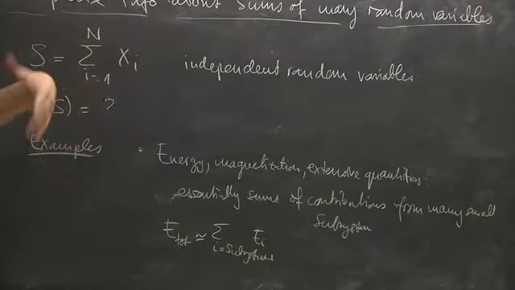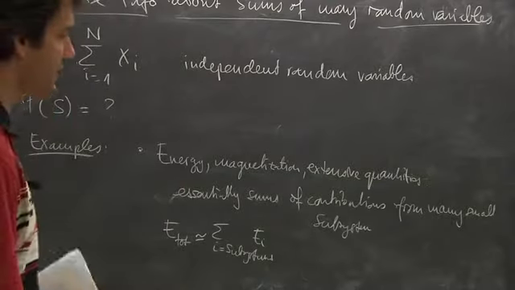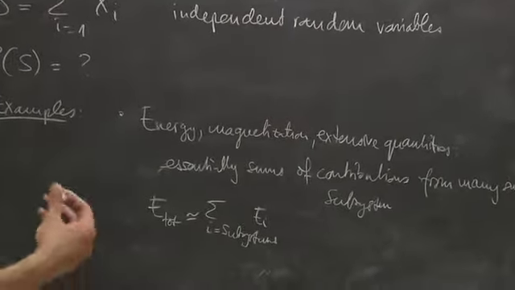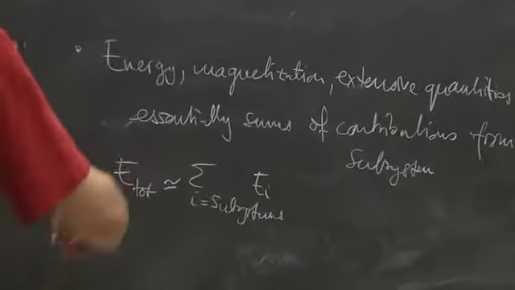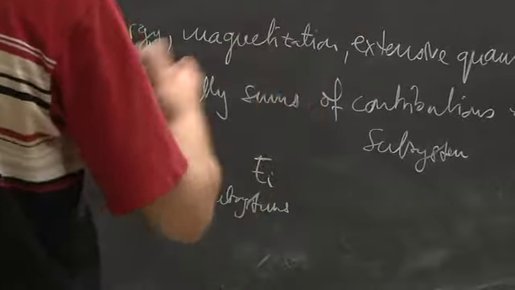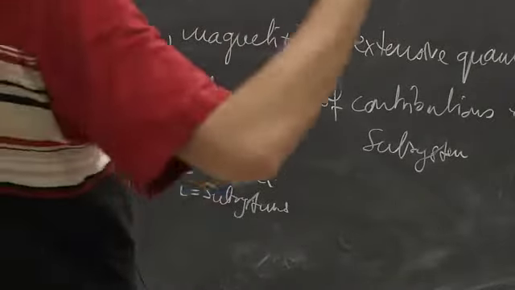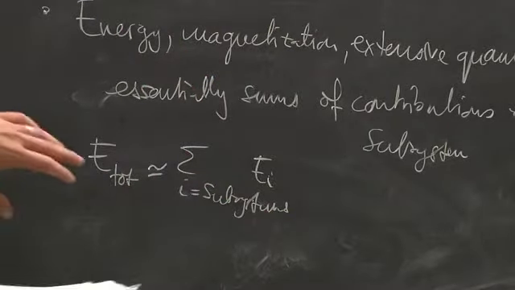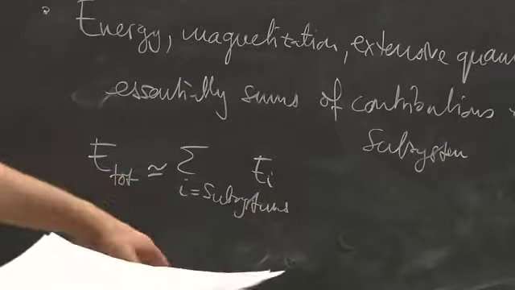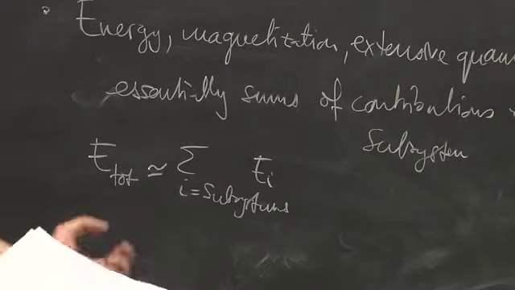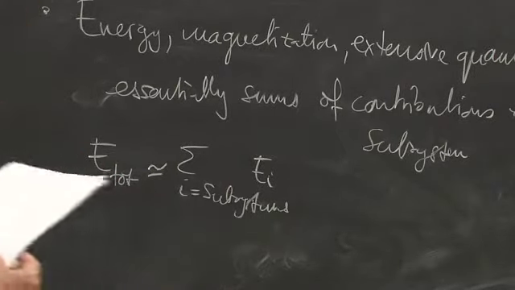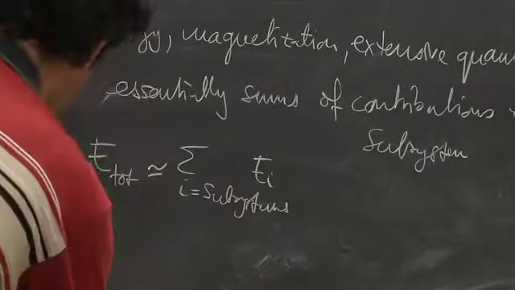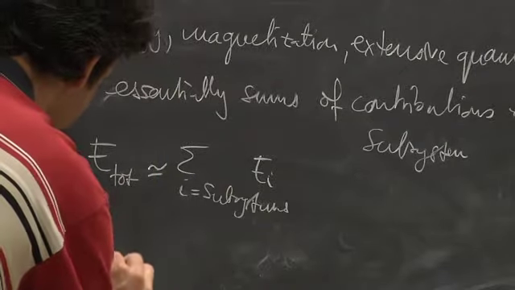That happens essentially everywhere in thermodynamics or in statistical physics. So energy is an example, magnetization, specific heat, etc. And now you would like to understand what happens with a quantity like that, which is a sum of many subsystems. Another example, which is extremely important, is random walks